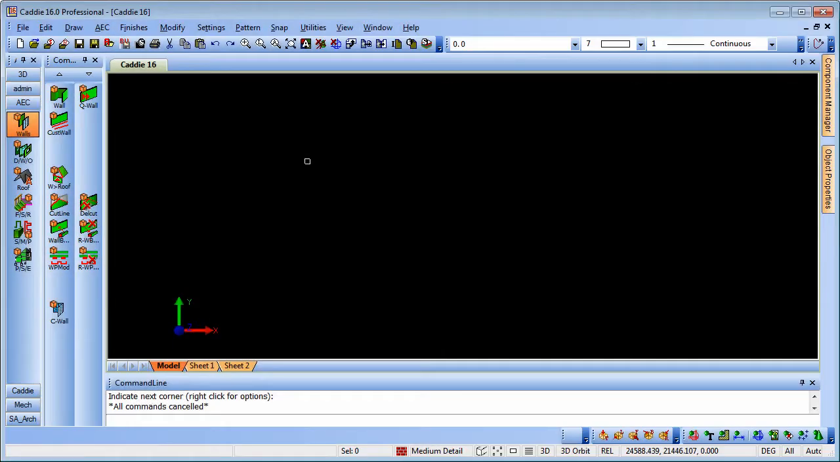Drawing plans and sections when we're trying to meet regulations such as the building regulations for Part L can be a very time-consuming business, but let's have a look at how we can make that an awful lot easier by using Caddie's Part L compliant wall styles. Visiting the Caddie website,